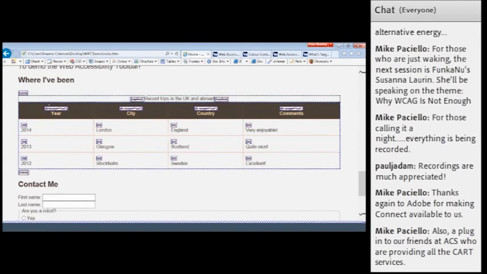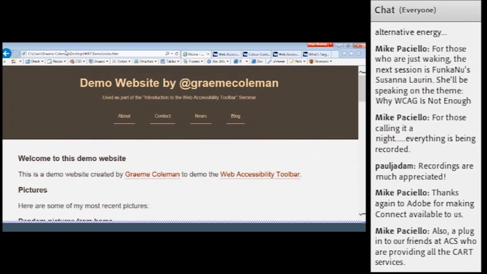And again, I'm just going to scroll down to the bottom of the page, and I'll just leave it for a couple of seconds while it catches up. So I've got a contact me form at the bottom of the page, which has got a first name and last name, and a field set and a legend in here. And what I can do now is use the web accessibility toolbar to make sure that the labels are clear and that they're marked up correctly, and also using the appropriate for and ID attributes to give the